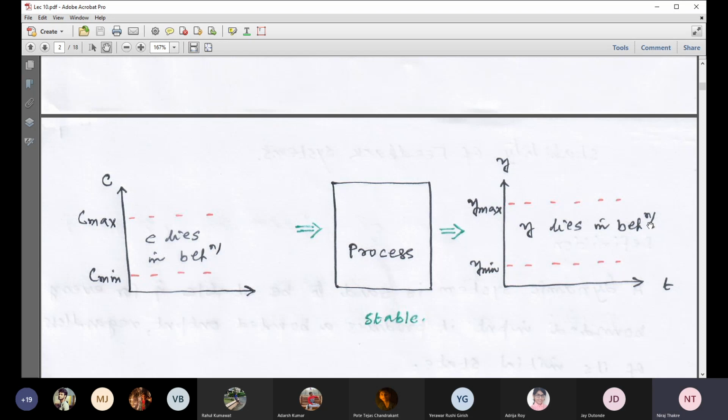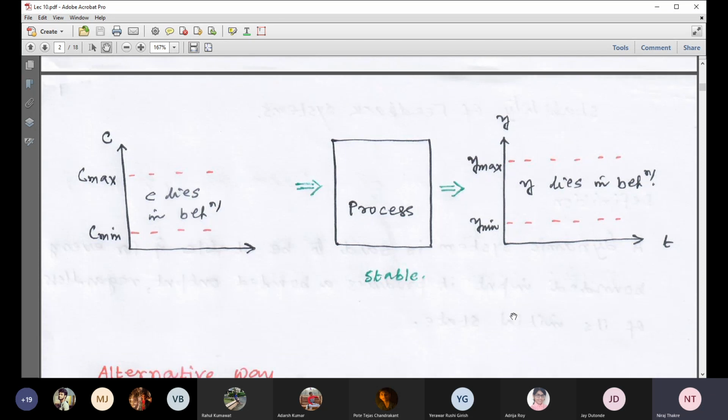Simply you can note down like this way. We have introducing a bounded input or change in the input variable within certain bound. Then the process should provide the output within the upper limit and lower limit. So this is one case. I mean, stability we can define like this way. Another way, as I told,